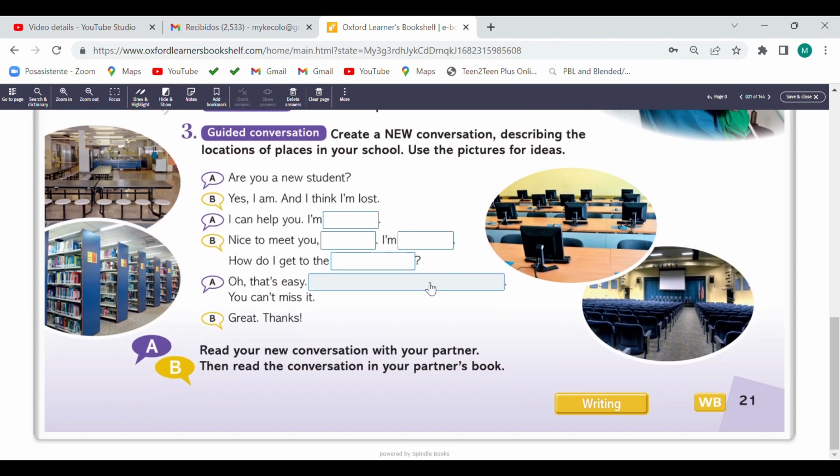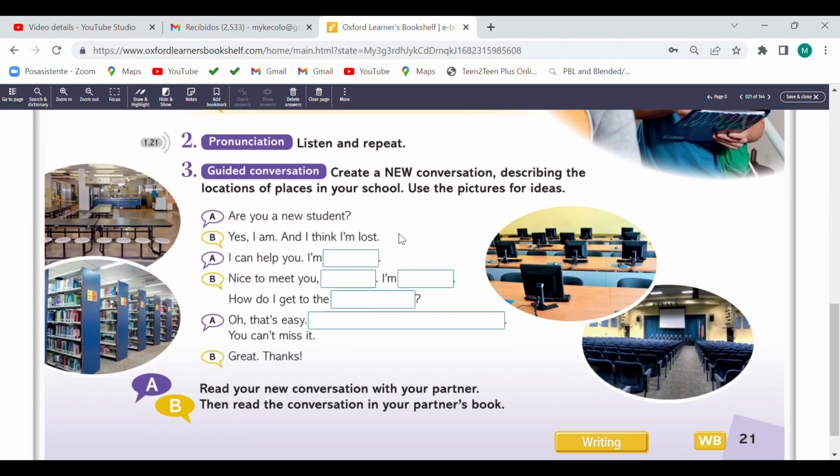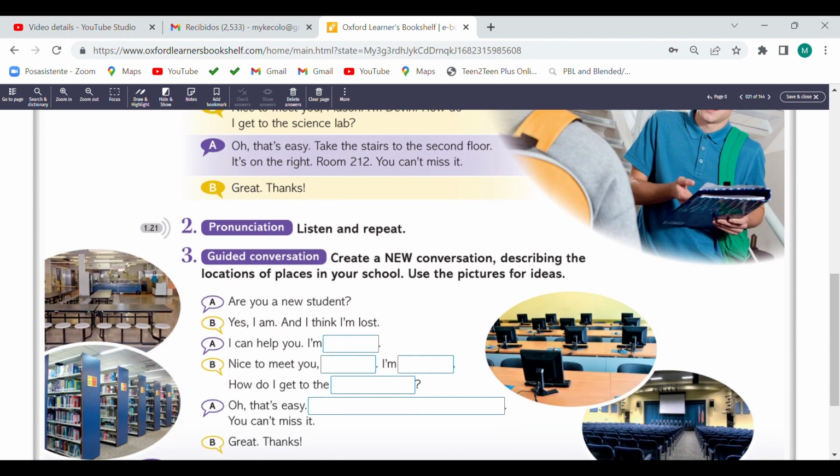Cambiar algunas ideas, pues aquí hay unas ideas que nos dan estas fotografías, o simplemente pues completar con las palabras que tenemos acá, completar en la parte de aquí abajo. Podemos cambiar names y las imágenes también, o simplemente literal como están en la parte de acá. Obviamente dice create a new conversation, crear una nueva conversación, pero podemos completarlo. Idéntico. Page 22.